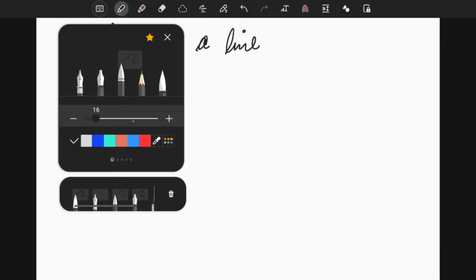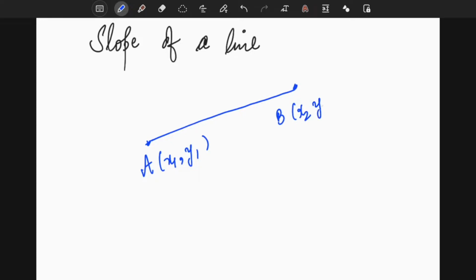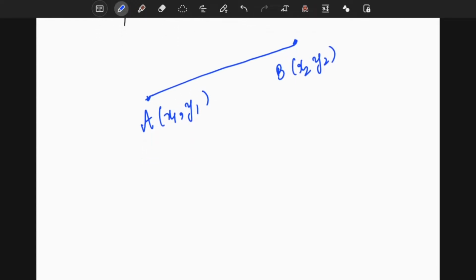Today we are doing slope of a line. Let's start with slope of a line. We have one line. Coordinates of line are x1, y1, x2, y2. Correct? First of all, formula for slope is